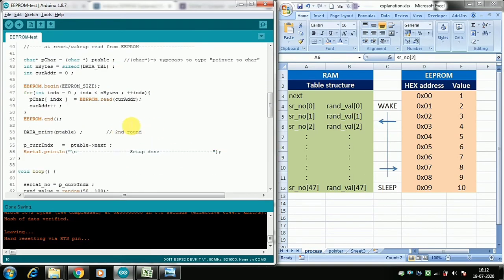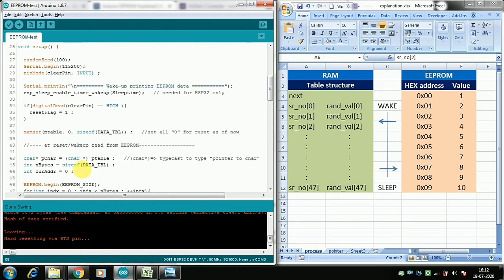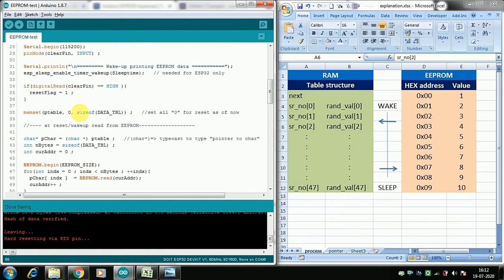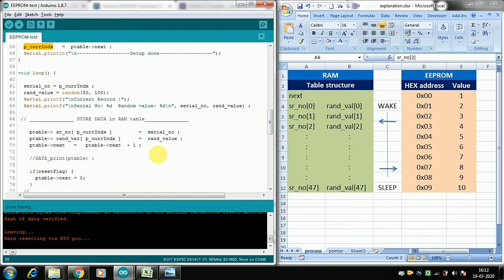So what we'll do in the loop, here, we will save these numbers in the current index. This current index is equal to next actually. So if you see, before we enter here, we set the current index equal to next. Whatever we have read from EEPROM, we set the next into current index. So next is always in the next position, the vacant position. So at that position we are writing whatever data we got from our sensor.